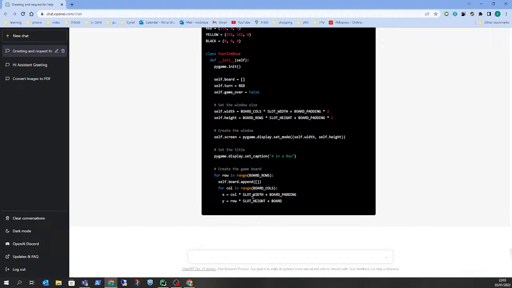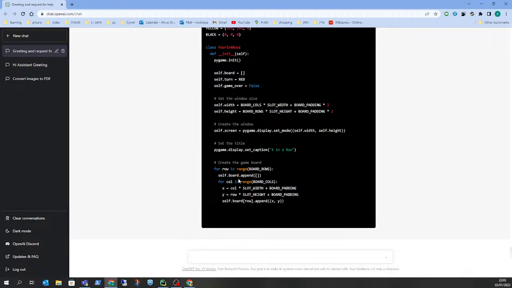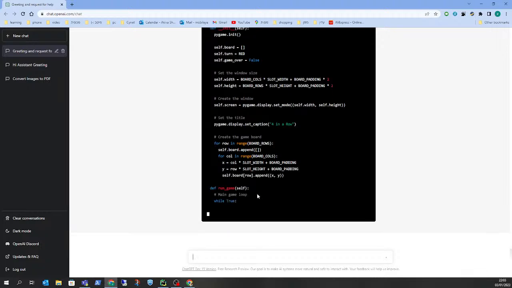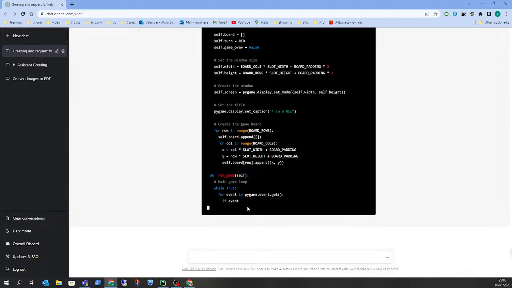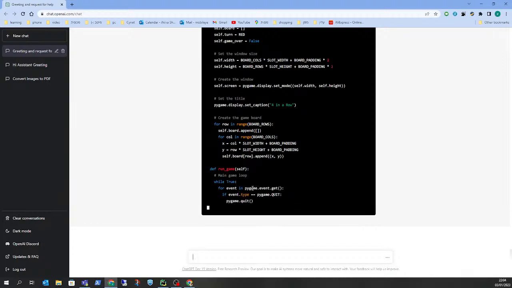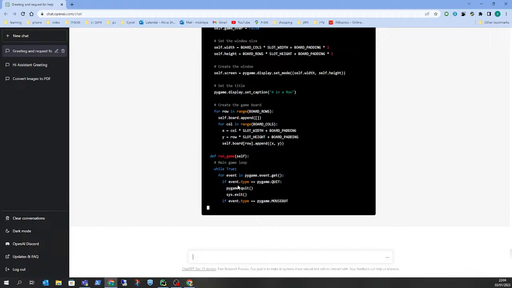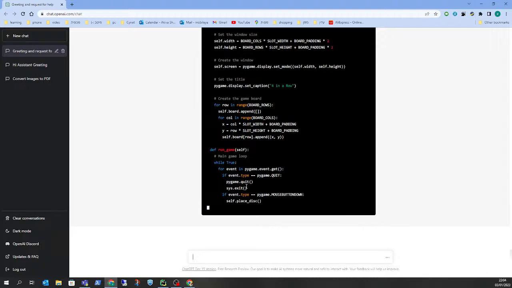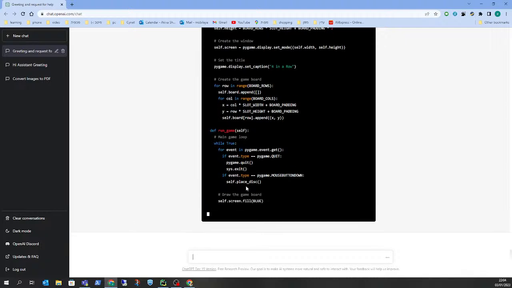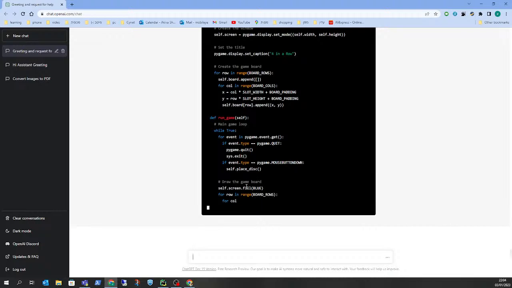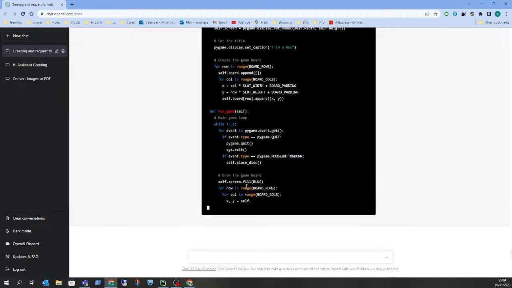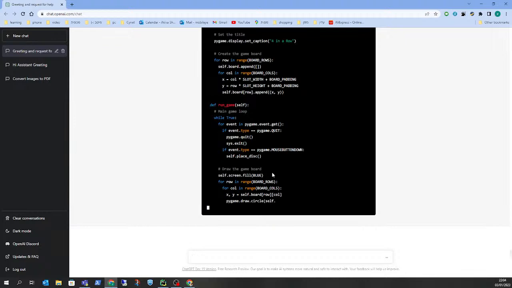You can do whatever you want. And then run the game here. Okay, there is a Pygame event get. So it manages the game itself, starting of the game and all this stuff. So just let it do its magic. Draw the game.